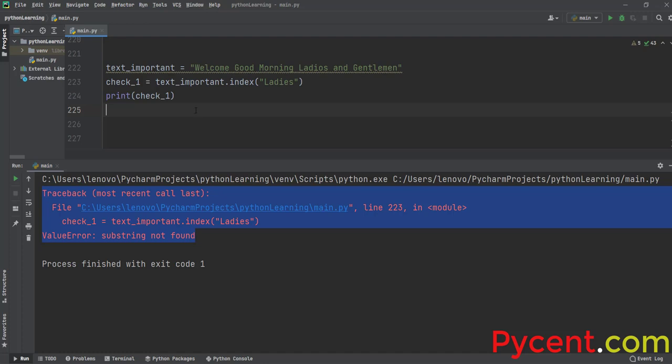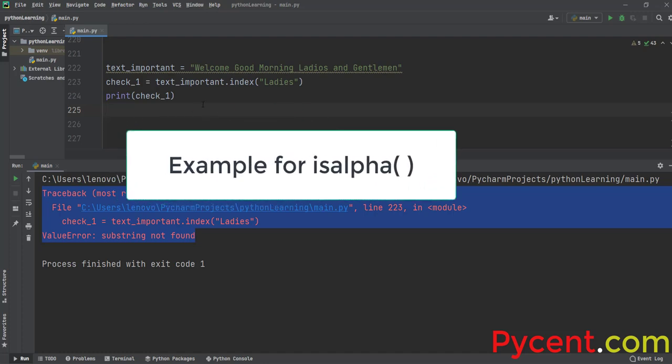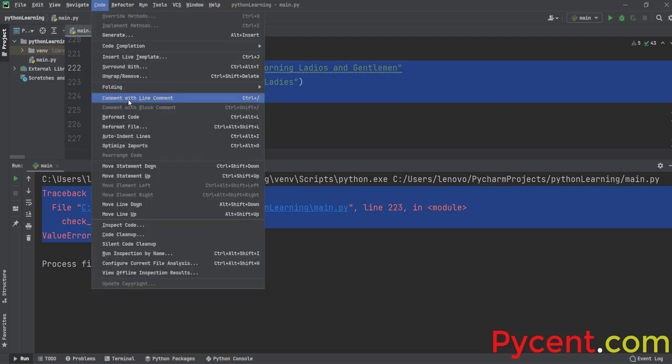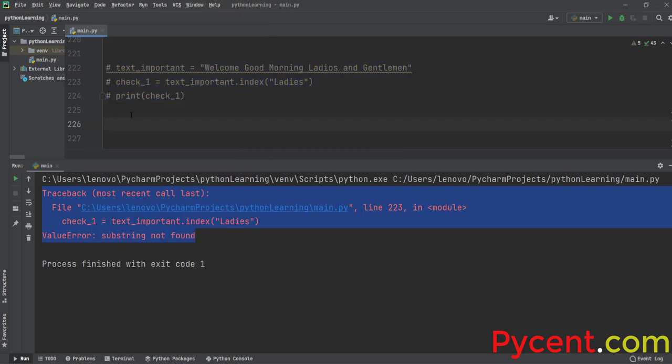So let me move on to Isalpha. Now Isalpha is also a very important function which you can use for validation. Now you are insisting that all your members should have a name, right? All the invited guests should have a name. So for example, let me comment this off and let me give this requirement. So the requirement is, it is imperative